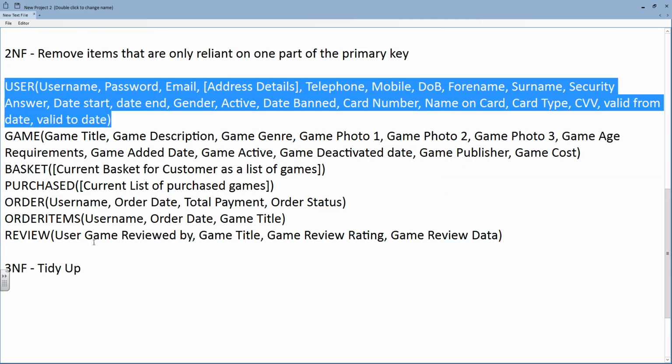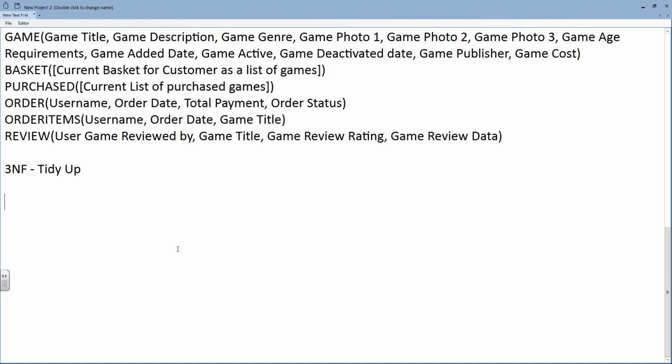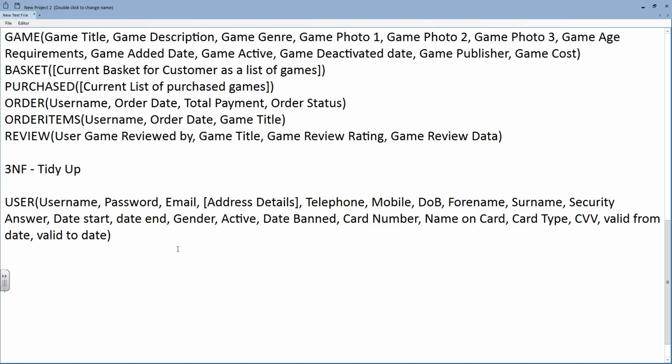Well, let's have a look at user and look at some of the relationships we might have. Well, the address: a user can have multiple addresses, and an address could be used by multiple people. It's a many-to-many relationship. Therefore,